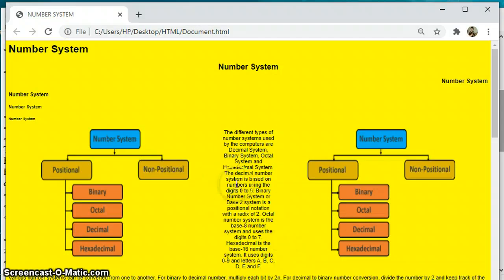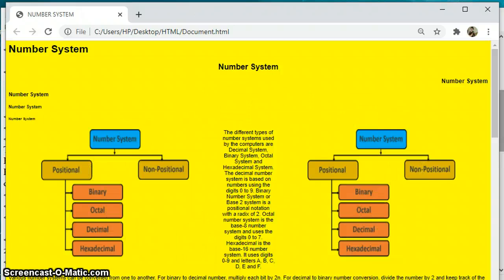So can you see? The text has been aligned in the center, and because we have given 100 point horizontal spacing, that is why there is a lot of difference. So all this formatting you have to organize yourself, like the size of the text, the size of the image. You can decrease the size of the image, you can decrease the horizontal spacing to improve the appearance of your web page.